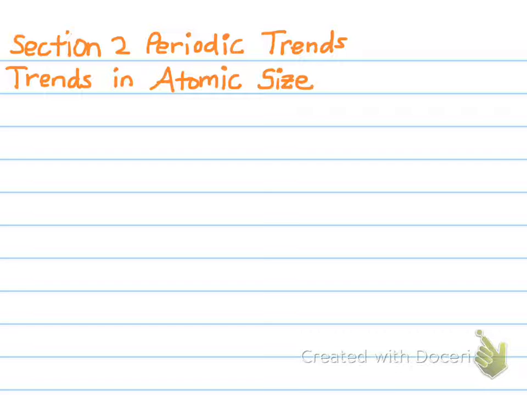So, Section 2, Periodic Trends, we're going to start by talking about our trends in our atomic size, or the size of our atoms. And how is it that scientists measure this? Okay. This is measured when chemists look